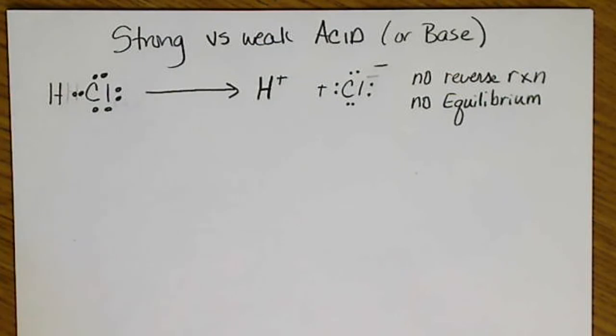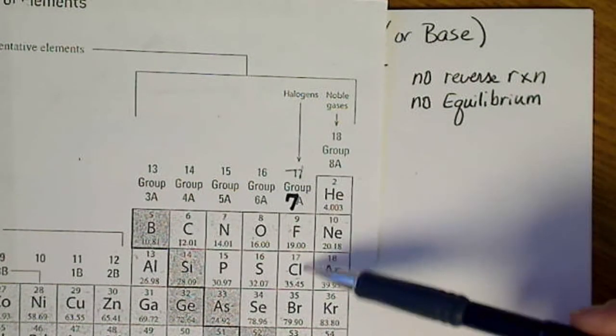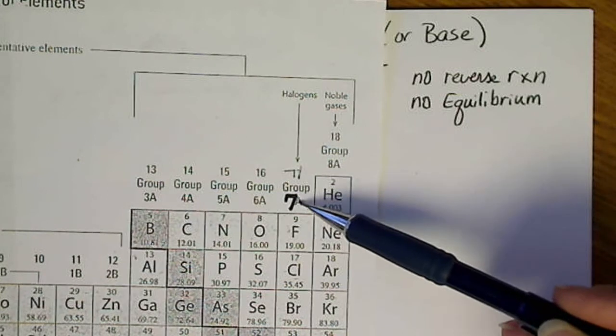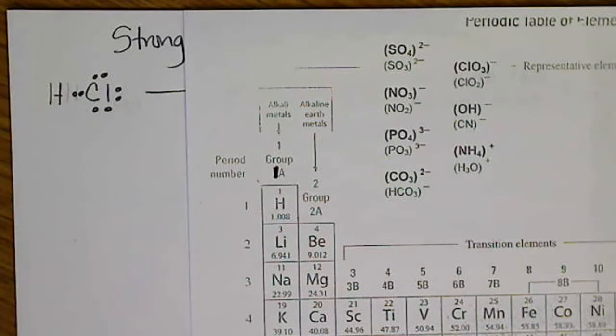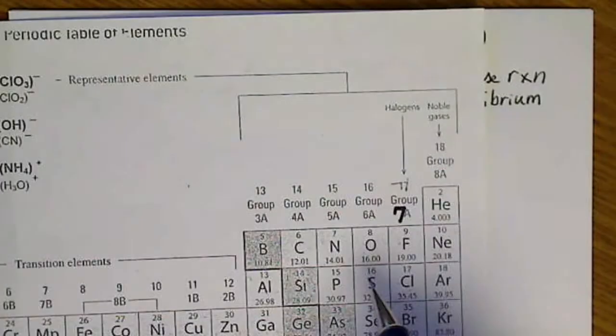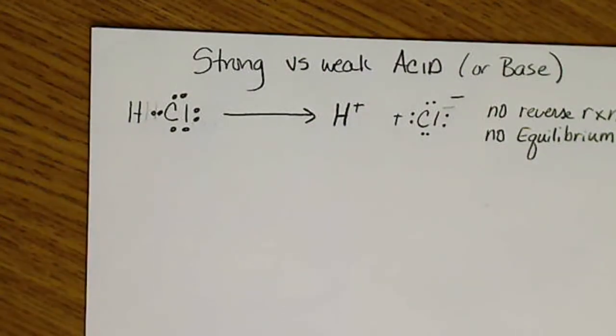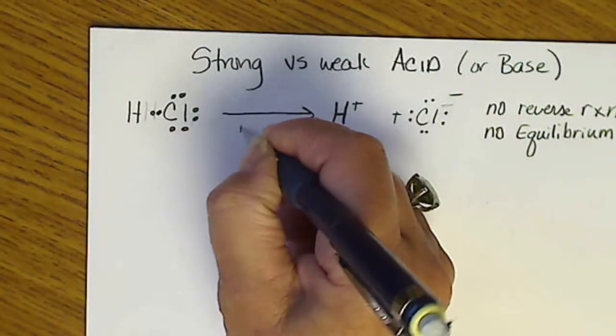It actually starts out as a covalent compound, very polar. Remember, chlorine is over here in group number 7. So chlorine and anything in this column would like to steal an extra electron to look like a noble gas. Hydrogen only has one valence electron, and its electronegativity value is pretty small compared to these guys over here. So chlorine pulls hydrogen's electron toward itself, and what happens when this is dissolved in water,